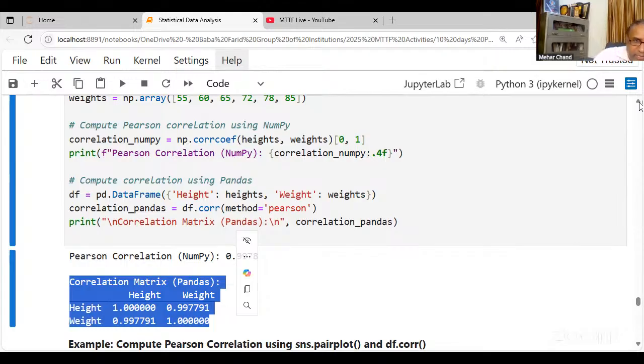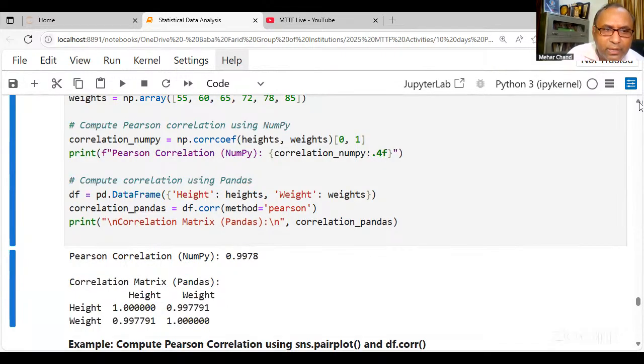Okay, and here in the row you can see first is height and then weight. And you will see that suppose we have an x variable and a y variable, so if you correlate the x variable with x, this will always be a perfect correlation. Okay, since all the values will match with each other. Okay, and the same value is associated with x as well as y, and the line when you join,